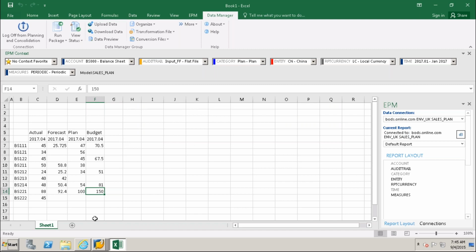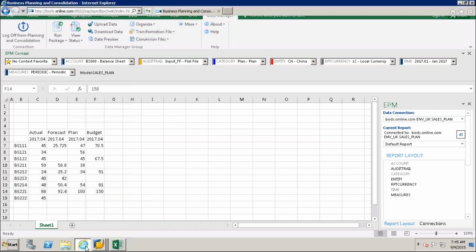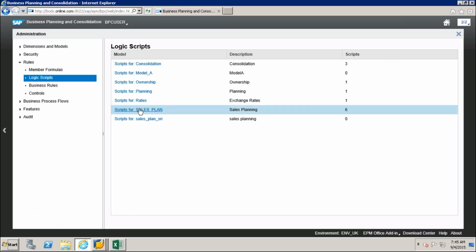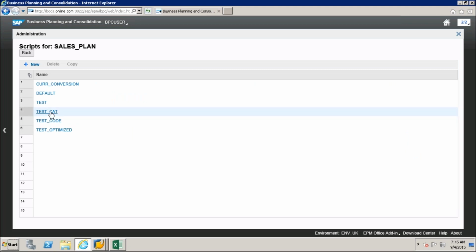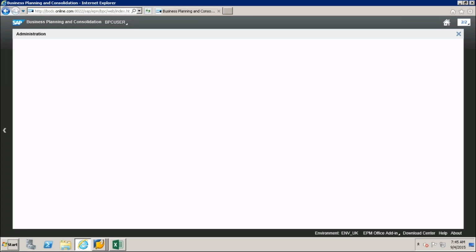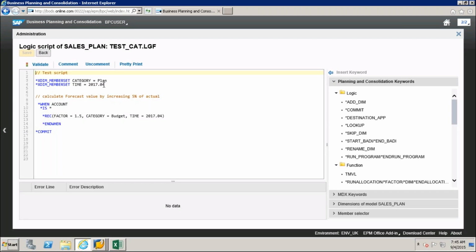Then again, I'm coming back to the script logic, this one, and here category actual I have given as 5. Same I'm going to write into the fifth. So my actual I'm going to write into, sorry, this is plan, right?